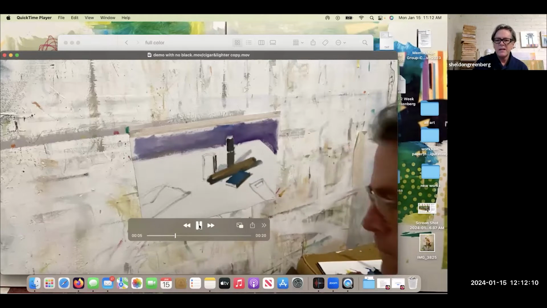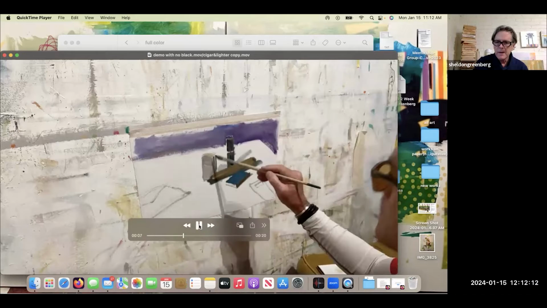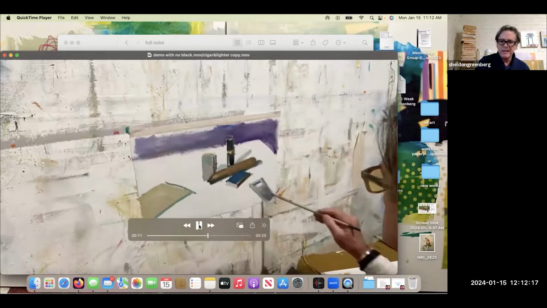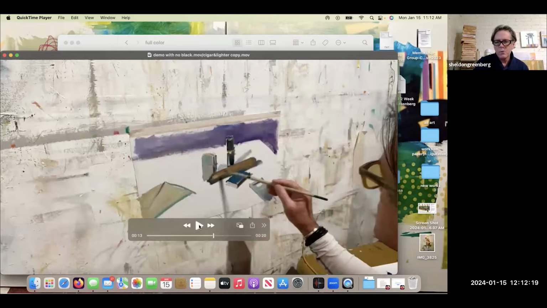I don't want to get too caught up in anything specific too early, so I'm bouncing around, making sure that everything is getting painted. Now, I'm painting on a white tabletop, but I'm not going to leave the tabletop white. I'm leaving that for last because it's the lightest value in the composition, and that's why I want to leave that last.